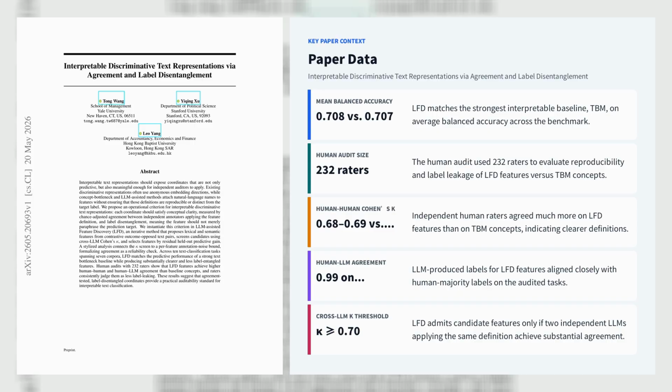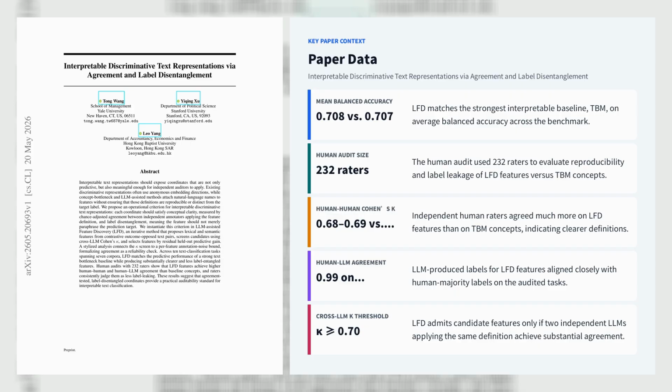the target label. The authors instantiate this in LFD, an LLM-assisted feature discovery pipeline that mines contrastive outcome-opposed text pairs, has one LLM propose lexical or semantic features, and requires a separate examiner LLM to reproduce the same feature labels before admission. Candidates must clear Cohen's kappa greater than or equal to 0.7 and add residual held-out predictive gain under